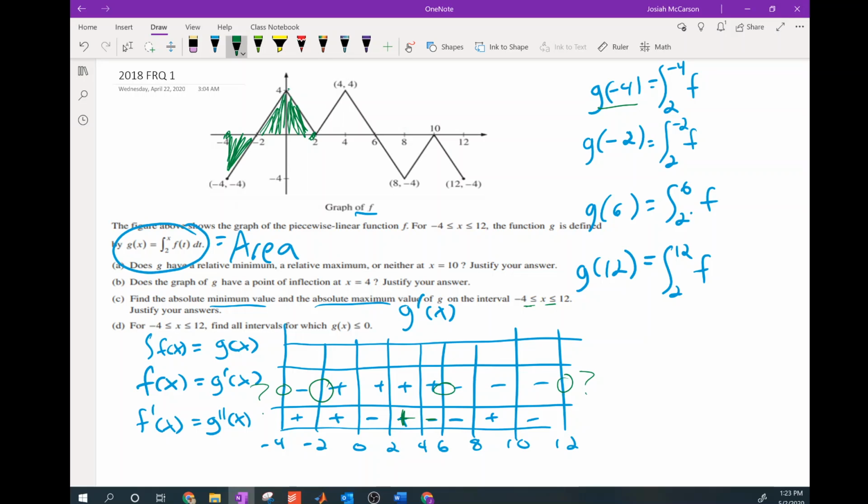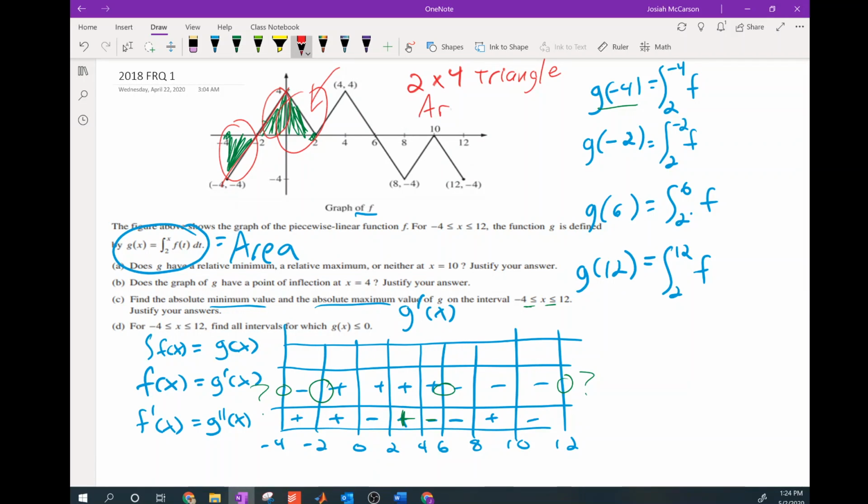So we can see that we have 1, 2, 3 triangles, but one's above the axis and one's below. Those ones are going to cancel each other out, and this is the total area that I want to use. So that's going to be a 2 by 4 triangle. So the area equals 1/2 times 2 times 4